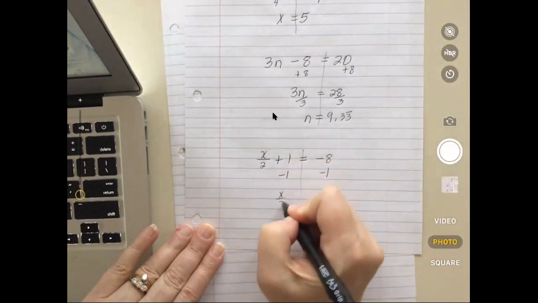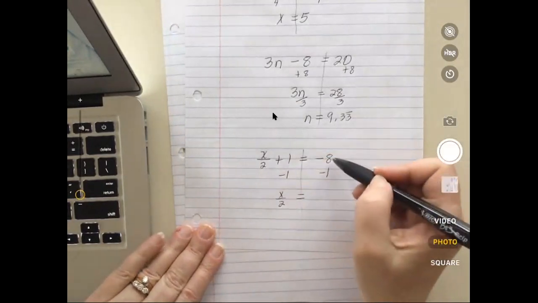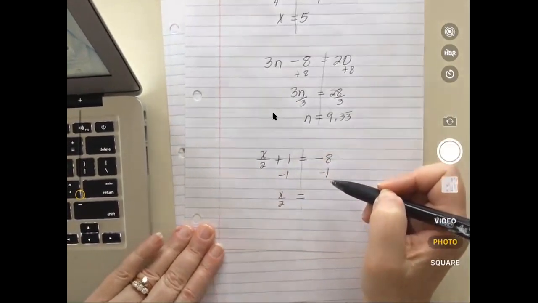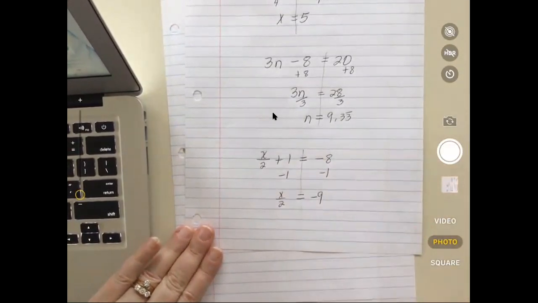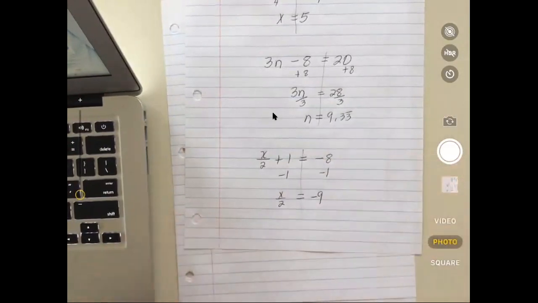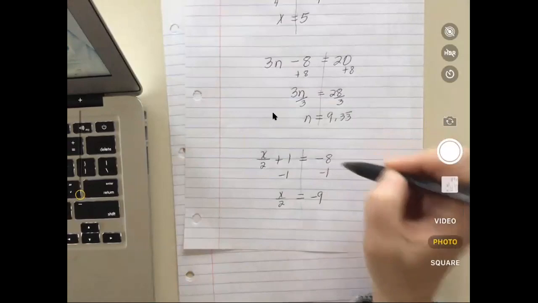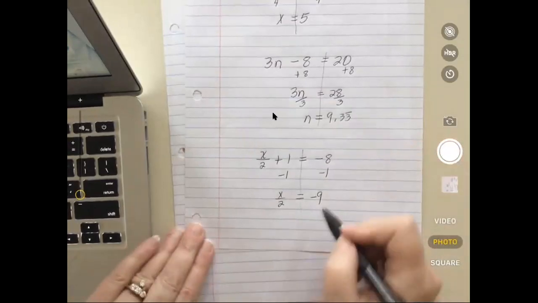So x over 2 equals, this is hard because I have negative numbers here, -8 minus 1. That goes farther into the negatives. It's -9. Confuses people because it kind of looks like adding, but it's not really. It's -8 minus 1. It's just going farther negative. And again, you can use your calculator if you want. If you wanted to put that in your calculator, you'd put in -8 minus 1, and it'll give you